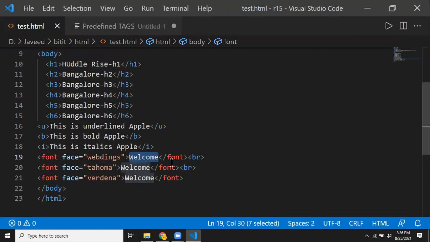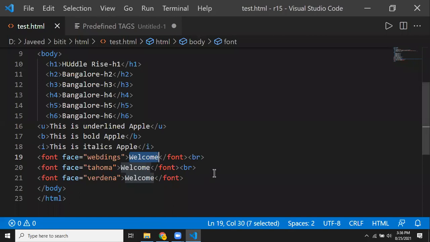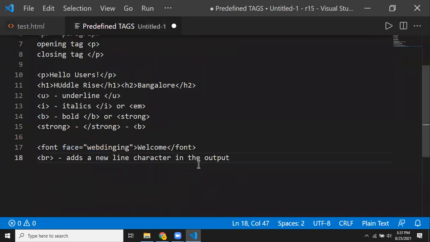After the display of welcome, I want to move to the next line, so I'm writing the BR so that it moves to the next line. An important thing to remember is that the BR tag has only an opening tag; there is no closing tag for BR.